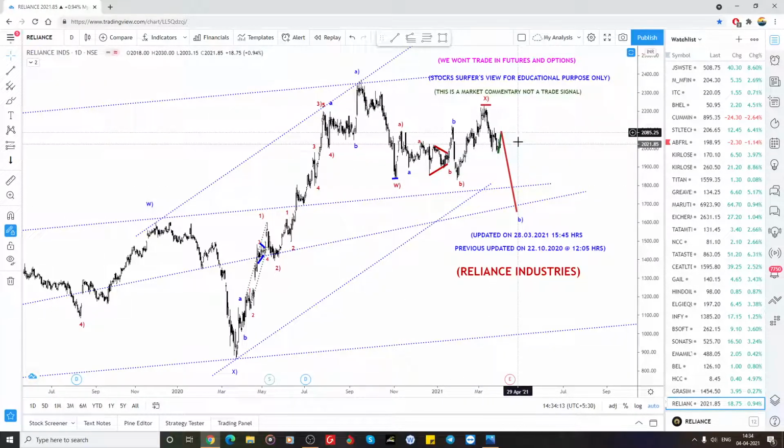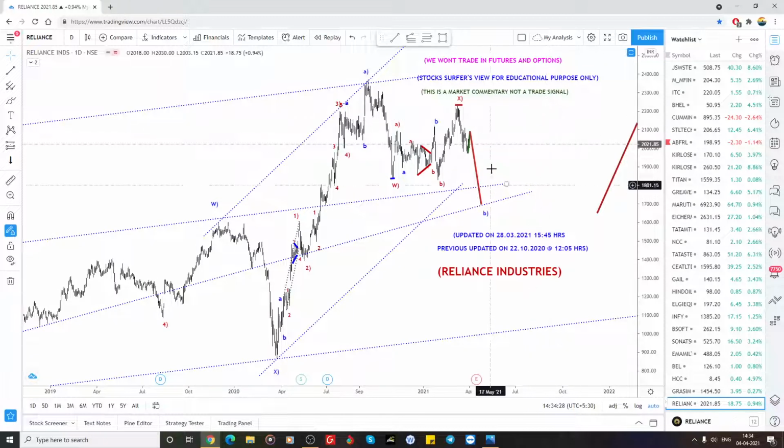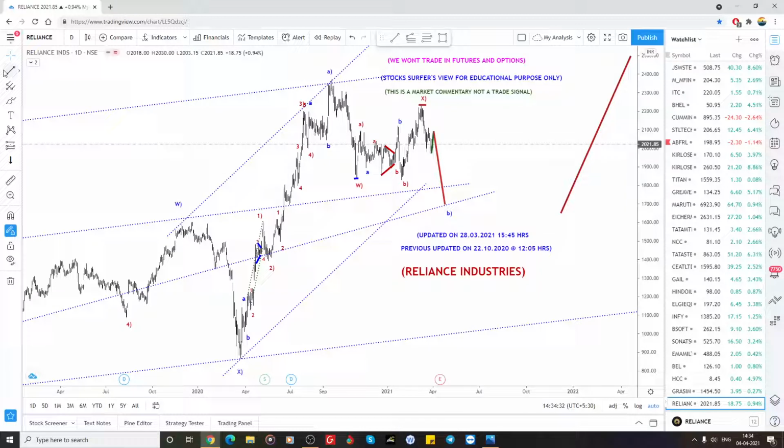So now we are in the A wave. A is completed, so in that Y wave we are in that B. So once it's completed around the 1680 within the 1700 zone, I'm expecting a bigger C wave. Whether it is not getting ready means it can make another three-wave structure for the bigger irregular flat correction. So now if it is completed like this, what I'm expecting is a simple correction.